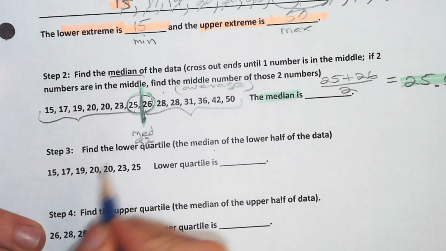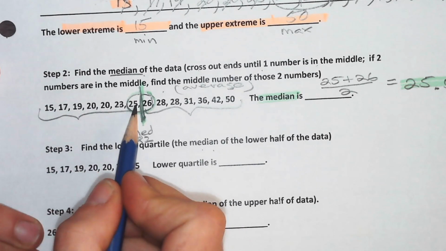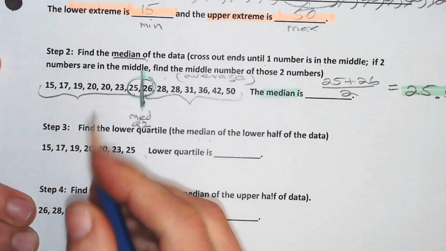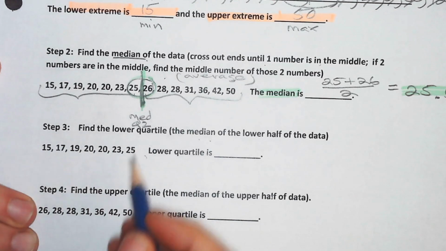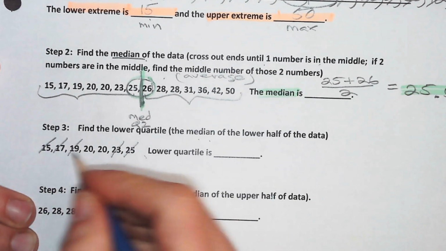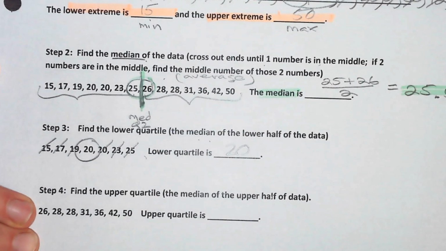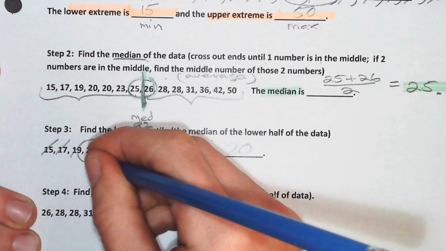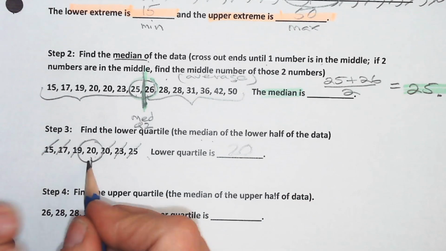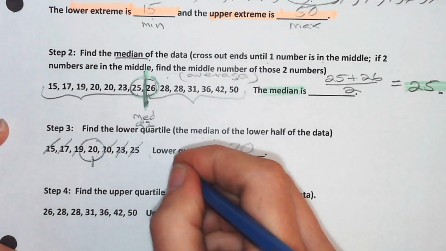So our lower half of data is the 1, 2, 3, 4, 5, 6, 7 numbers down here. They've listed them below. So I'm going to do the same thing, but only with these values. Not you, not you, you. So 20 is the middle value. Since there was only one middle value, that is my quartile, my lower quartile, which is also called quartile 1